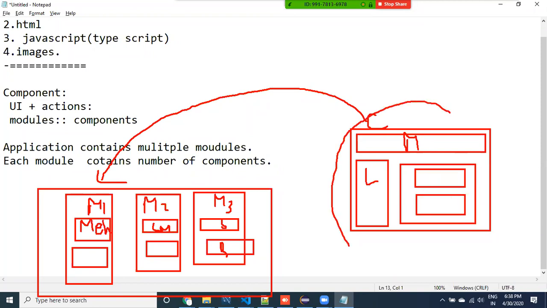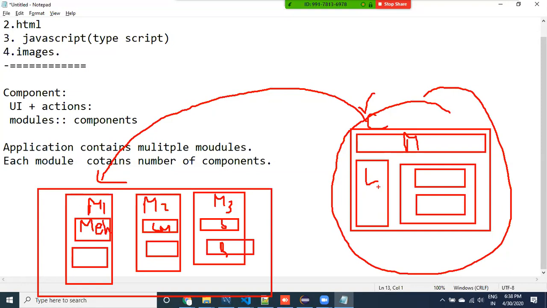So to develop this screen, I have to create one component. Inside the component, I'm going to use existing components so that these components can be reused in multiple pages and multiple places. One component can be reused.